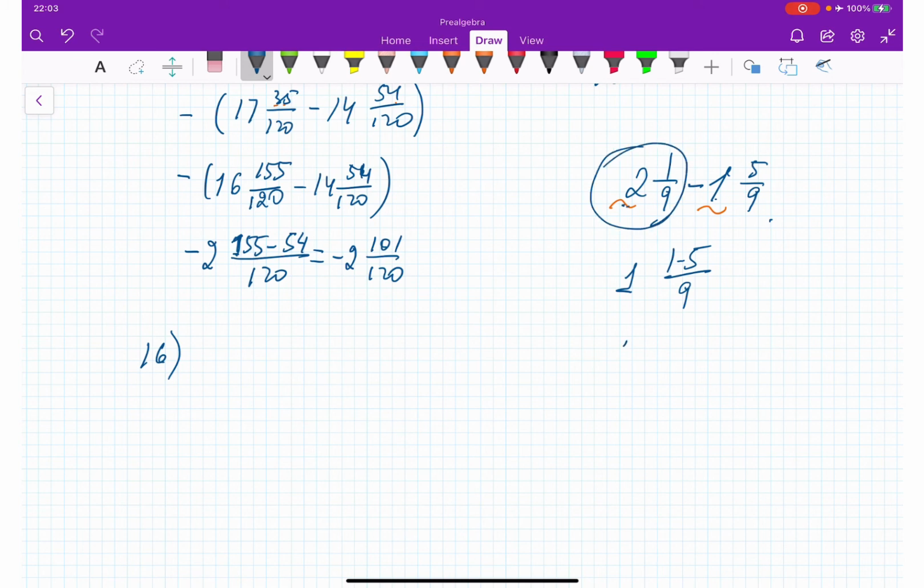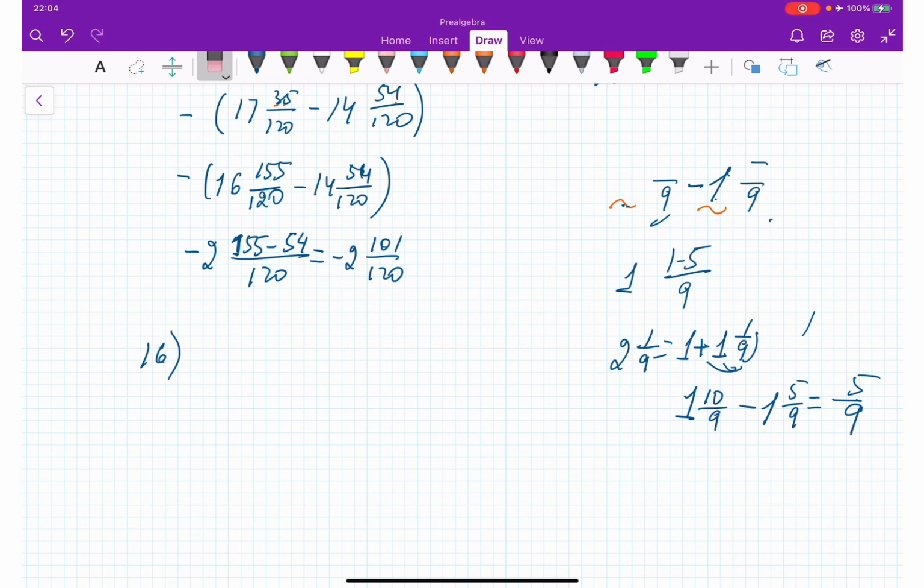What am I doing? 2 and 1/9, I am representing as 1 and 1 and 1/9. So I can convert into improper fraction. And I'm getting 1 times 9 is 9, plus 1 is 10. 10 over 9. And then minus 1 and 5 over 9. Now, this time is a different story. 1 minus 1 is 0, and 10 minus 5 is 5 over 9. Okay, this is how that principle works. All right,